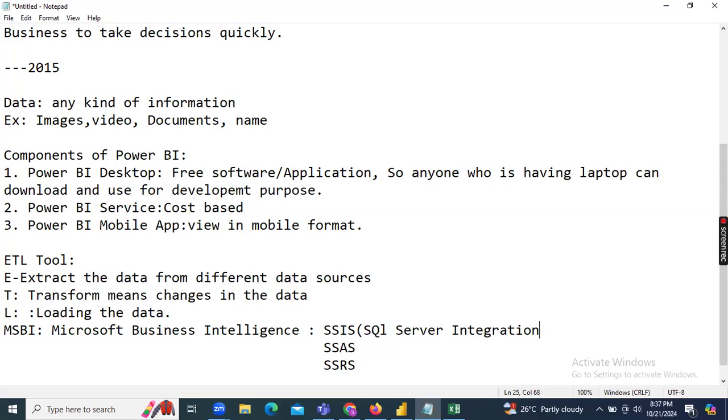In the olden days, before 2015, and even now some companies still use MSBI, but mostly now Power BI is trending. So just understand SSIS is SQL Server Integration Services, SSAS is SQL Server Analysis Services, and next we have SSRS, SQL Server Reporting Services.